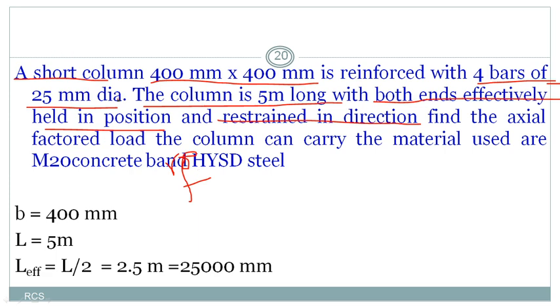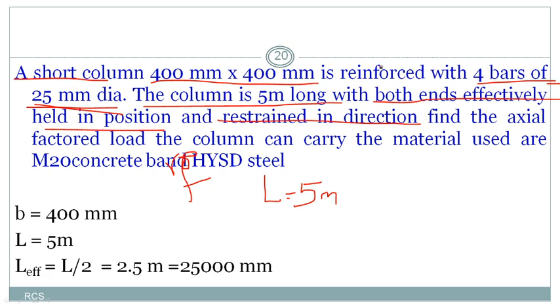Given that it is a short column, we need to go for checking the slenderness ratio. From the dimensions of this column, we can decide that the cross section of the column is 400 by 400. So b equal to 400 and D equal to 400. So it is a square column, and 4 bars of 25 diameter are provided. They have given the unsupported length of the column. So capital L is equal to 5 meters,